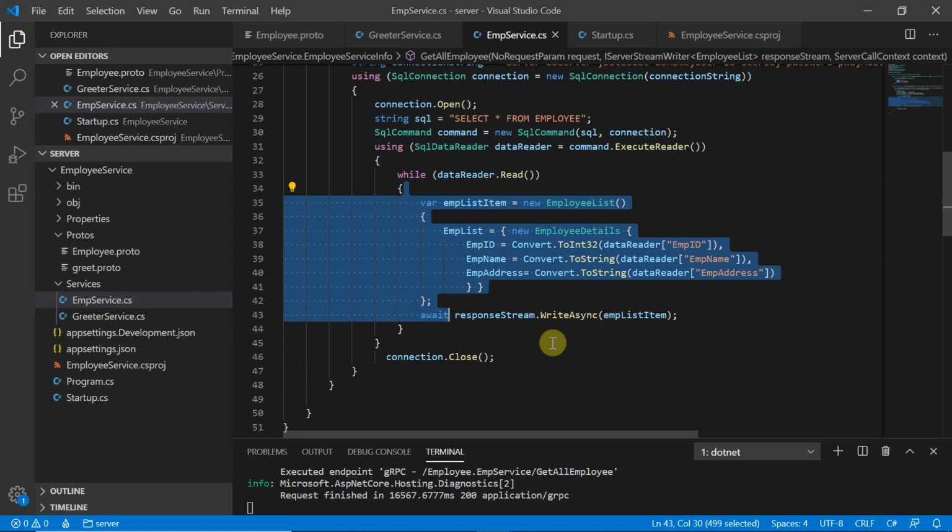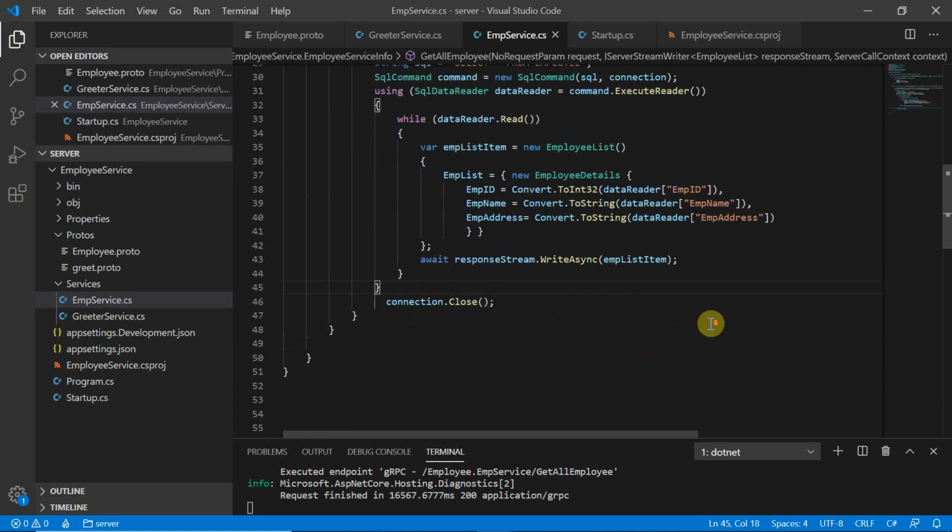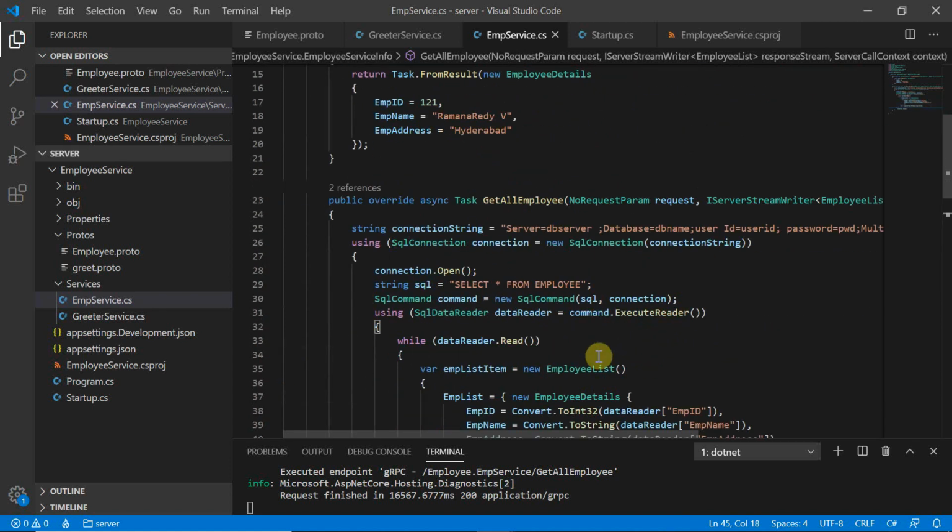No need to wait for all the records before responding from server to client. That is how we can use server side streaming, and we can access the data easily from server to client. So this is server side streaming.